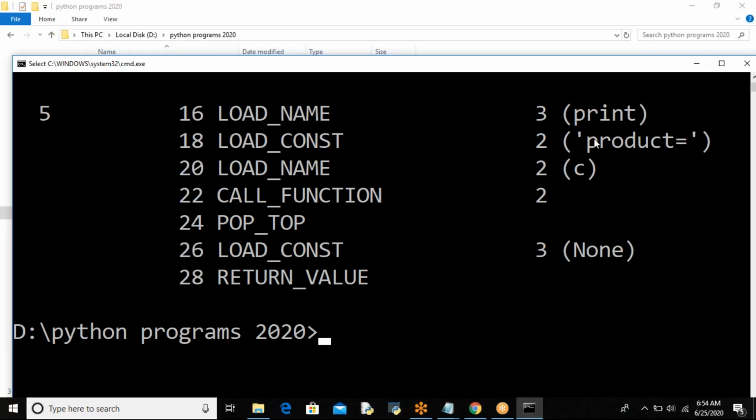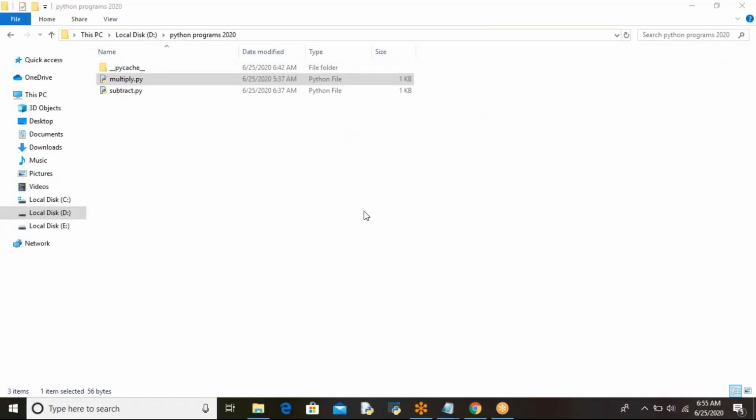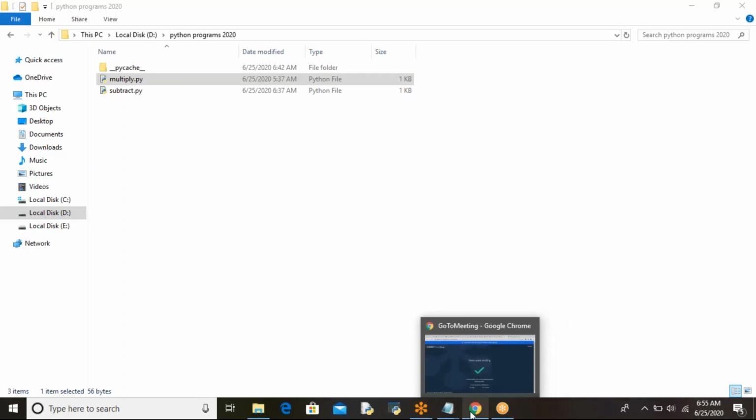Whatever you write in double quotes or single quotes is a string that prints exactly onto the output screen. And the print function you are using for printing it onto the output screen, right? So this is the bytecode of that particular file. To see the bytecode of that particular Python file, you are going to use the DIS module. Understood?